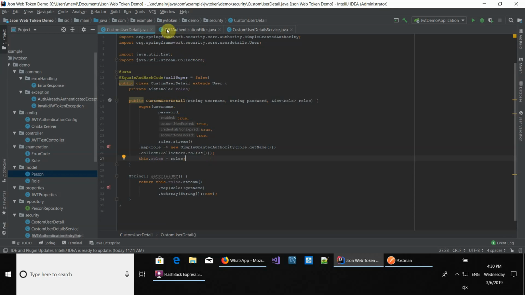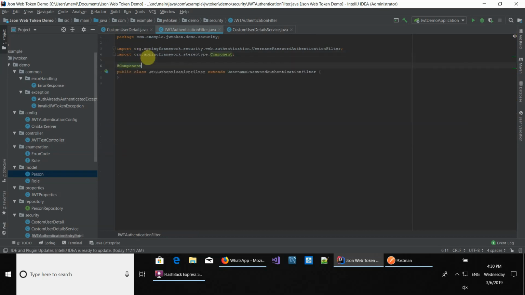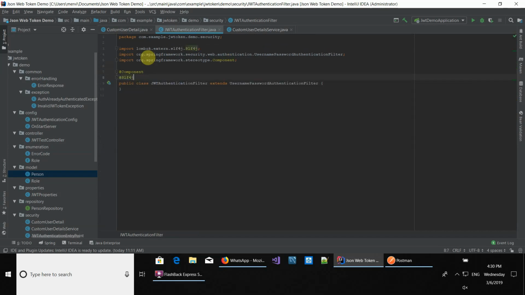begin with the authentication filter. The first thing we're going to be doing is marking this as a component, so Spring Boot can recognize it. And then we're going to be using another Lombok annotation that is used for logging. Okay, so the first one,